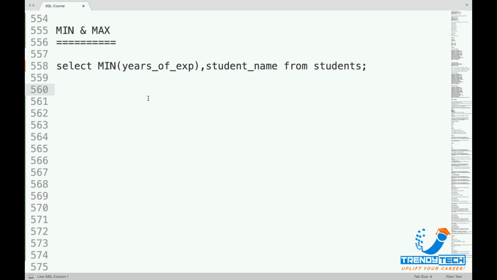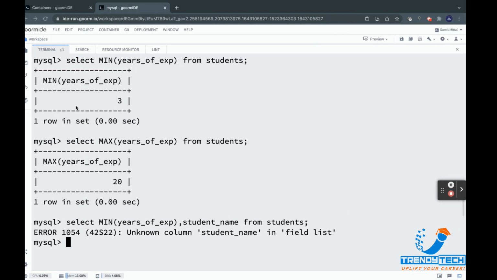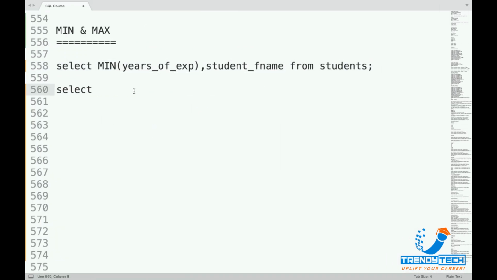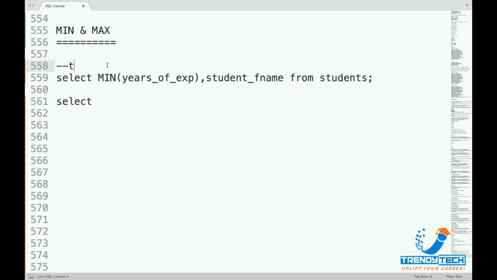If rather you have to do this, that you want to get the name of the person with minimum experience, what you can do is select, sorry, his name is not there, F name is there, right? You can see this. So it's giving an error. Now, if you actually have to do this, so this won't work, I'm saying. If you have to achieve the same result, get the person with minimum experience, you say select student F name from students,